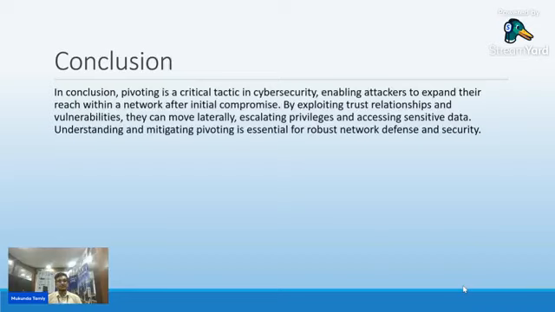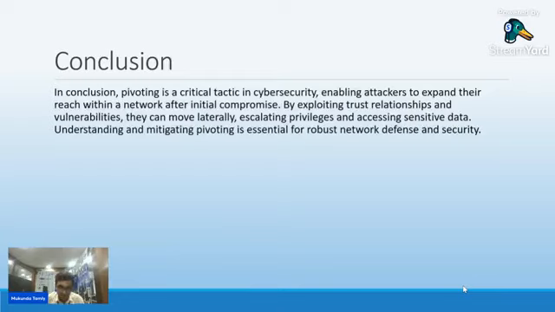But using the pivoting method, we can expand the whole thing. And we can move laterally, we can escalate privileges, we can access sensitive data of different systems, right? So this is all about pivoting, the methods, right?